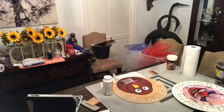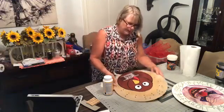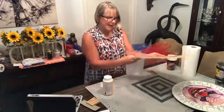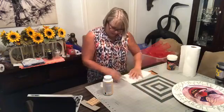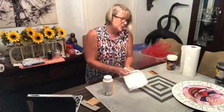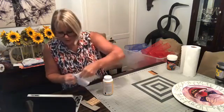Don't rinse out your brush right away, it may tend to ruin it, so just want to go and get that rinsed off. So we're going to set this aside, and this is going to be a project that I'm going to work on later in the week, but just to show y'all what I did. Okay, after you spray it,